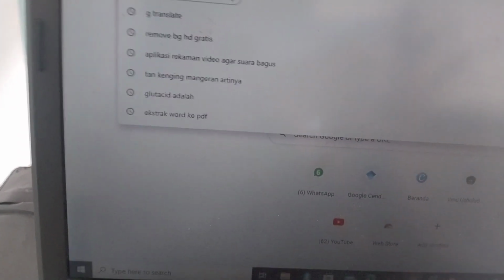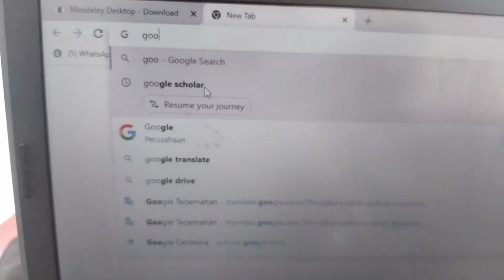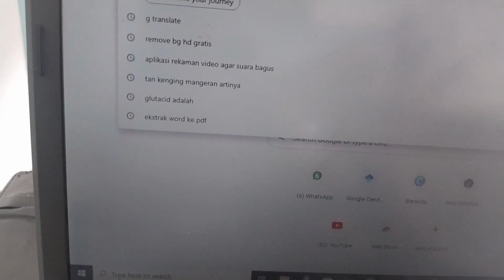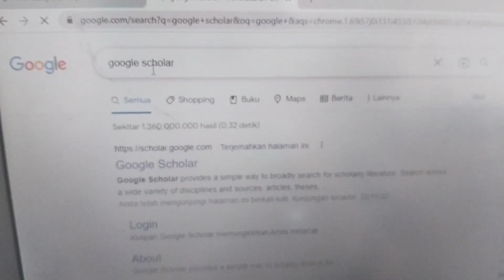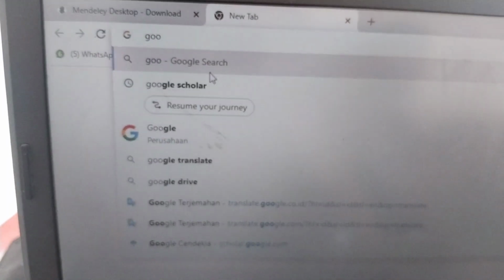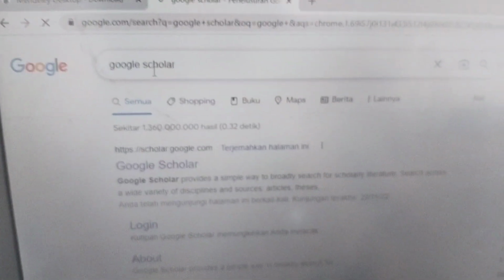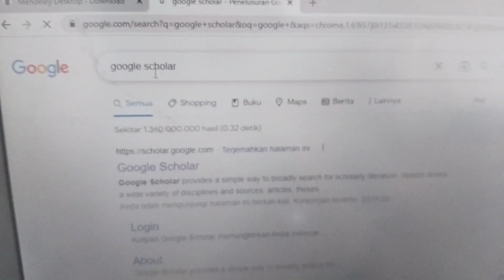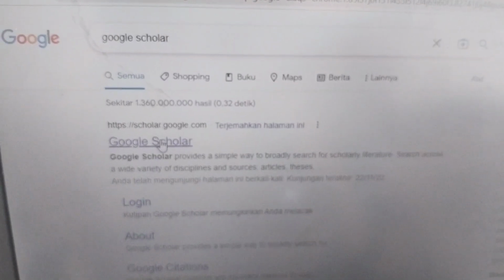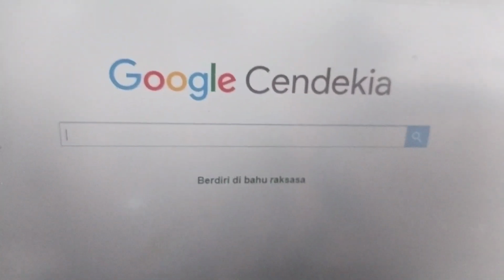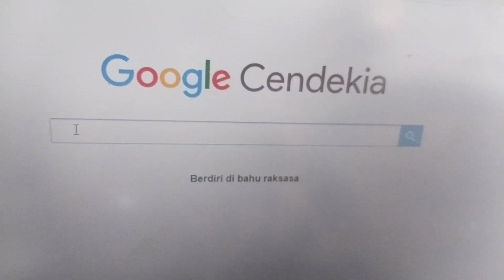Third, when we first look for a reference that we want to use, we usually use Google Scholar. We open Google first, then type Google Scholar. Click on this Google Scholar, and what comes out is in Indonesian, because it is used in Indonesian, it means the same. Okay guys,